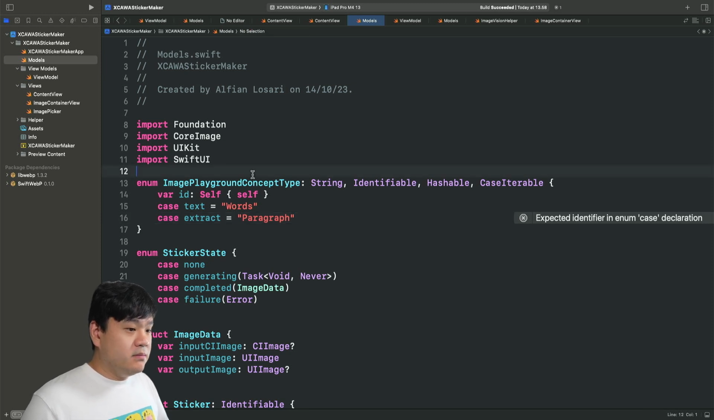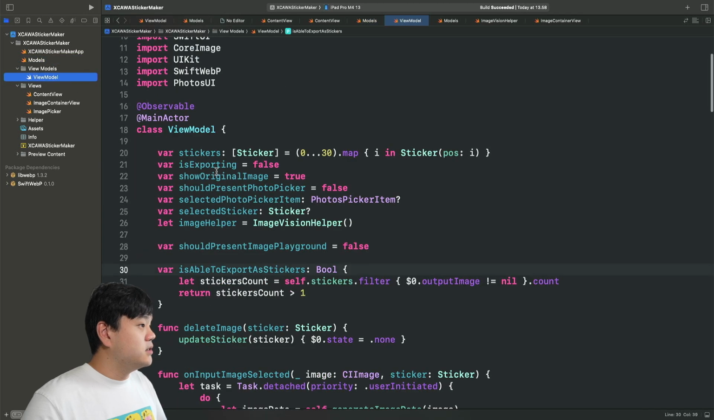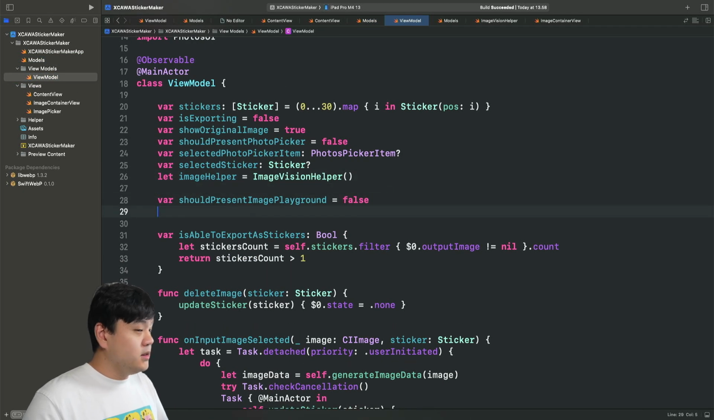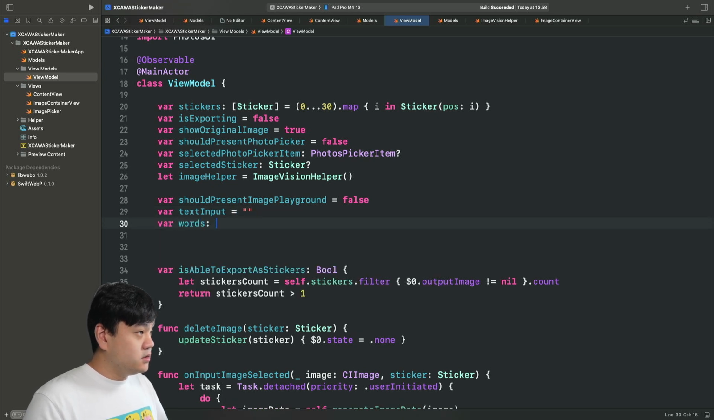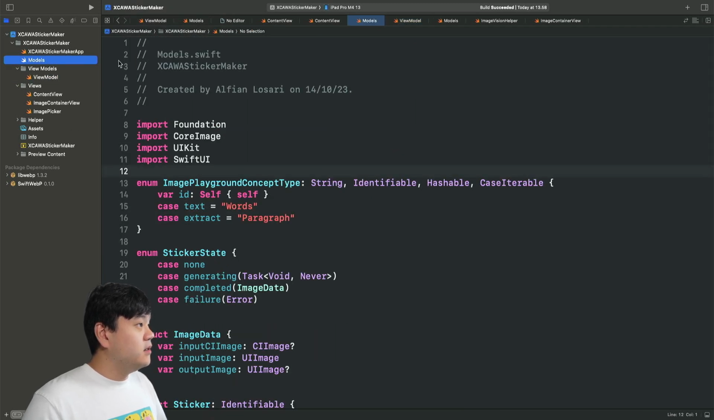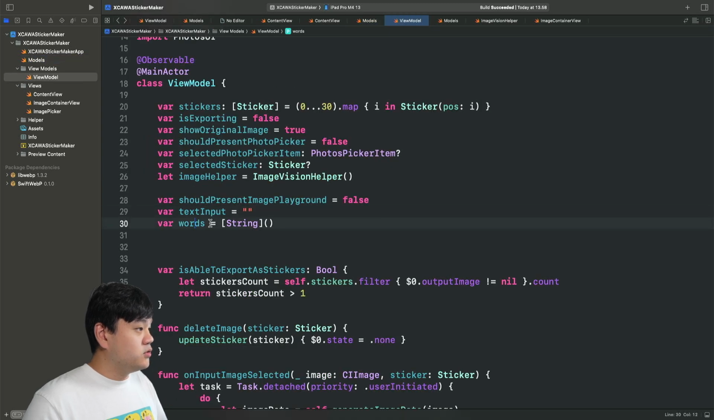Okay, we have this enum. Now let's go to view model to declare several properties. So here text input, let's assign it with the empty string, and words, let's assign this with the empty array. Okay, so this text input, we will bind this to the text field of this type text. Okay, and also this words, so that the user types the word and clicks submit, we will append this